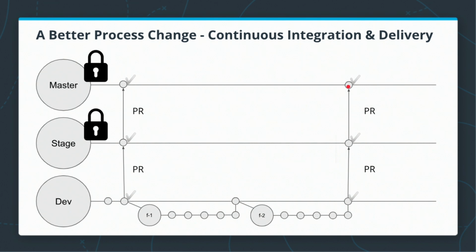There are systems called continuous integration and continuous delivery, which will automatically watch for changes on our staging and master branches and perform these actions for us. This is often referred to as DevOps, or developer operations, and will dramatically speed up how quickly we can move from development to production code.